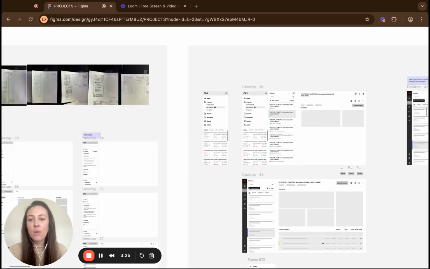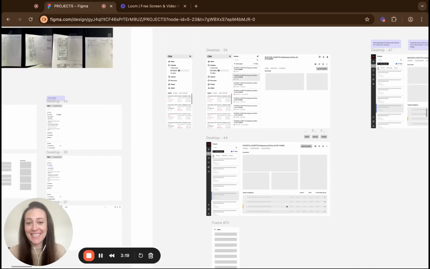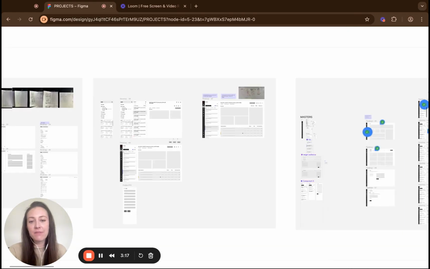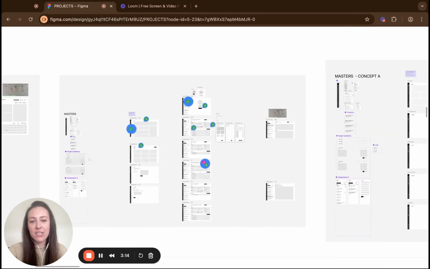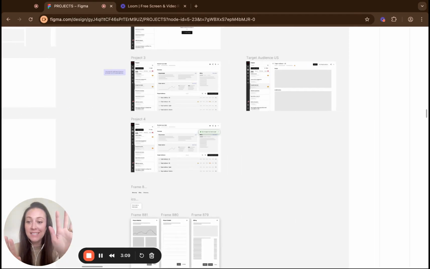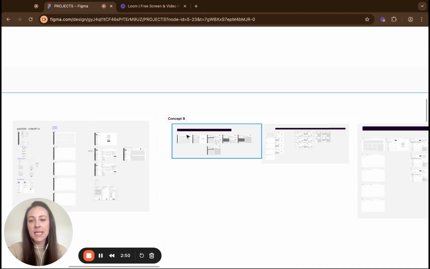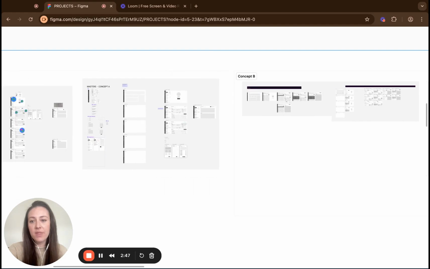As you can see here, we started out with pen and paper sketches, leading to really messy design iterations and wireframes. We had lots of collaboration and iterations, and ultimately came up with two different concepts. Concept A was the menu and side panel, and concept B was more of a split screen. The idea from a framework perspective was that our users need to be able to see projects and target groups and quickly move between them, look at high-level information to understand how they're performing and where they need to take action. Ultimately, we A/B tested these, did some analysis, and decided to go with concept A, which